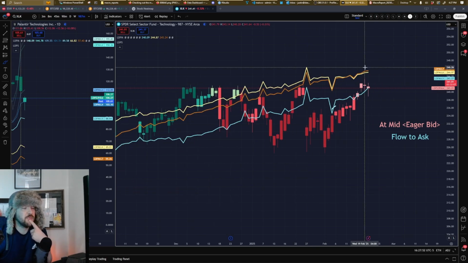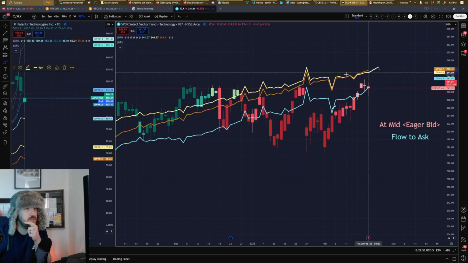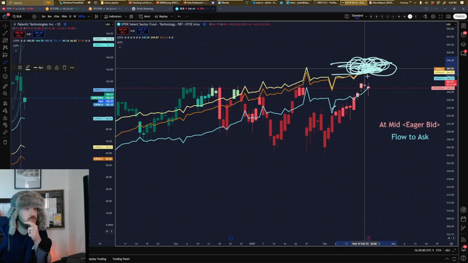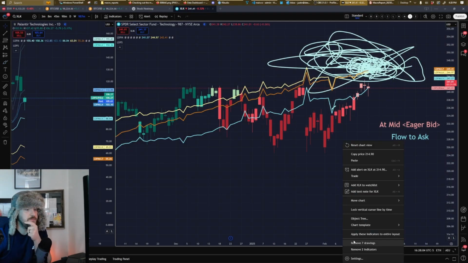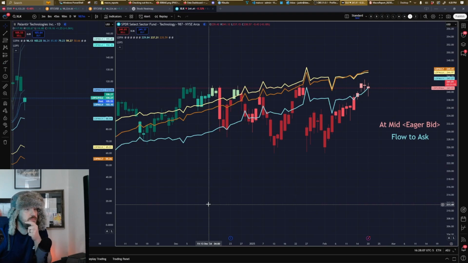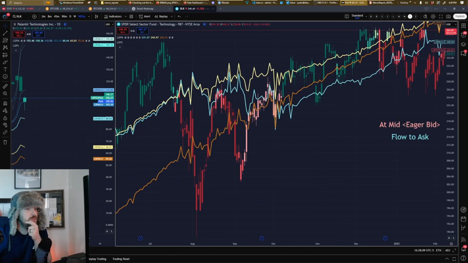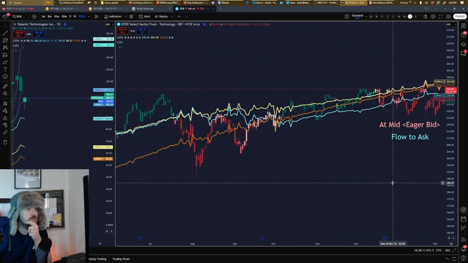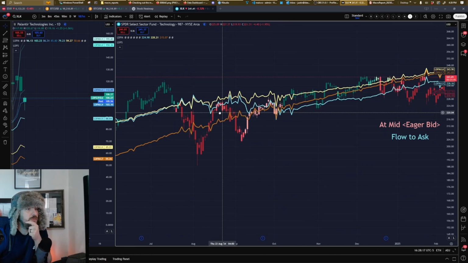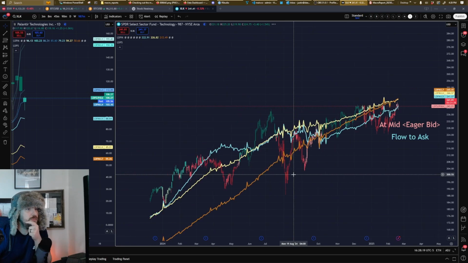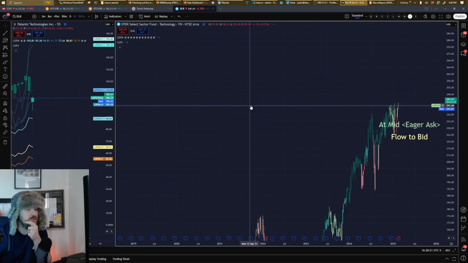So in this moment, if I were prone to selling calls, I wonder if I would sell calls around this area right here. I'd probably just sell some calls. I don't know. I don't like selling calls though. So we have bullish, bullish, bullish, bearish, bearish. Yeah, things in general just seem to be